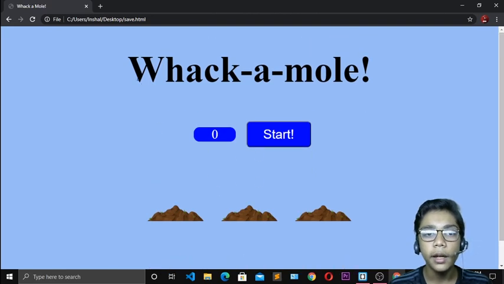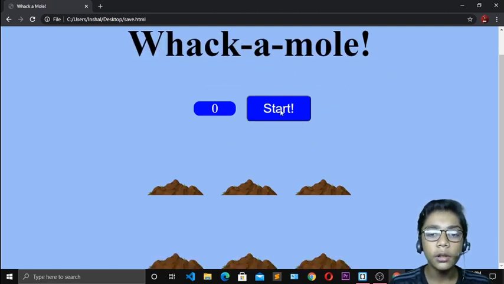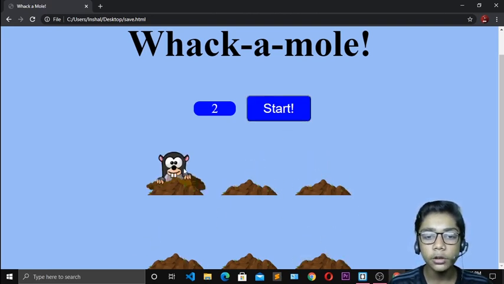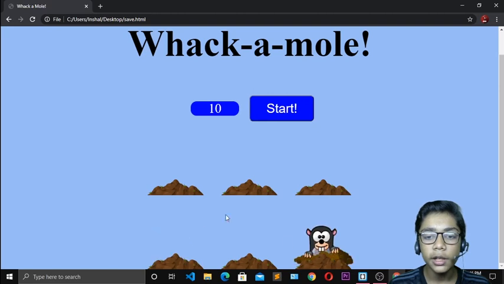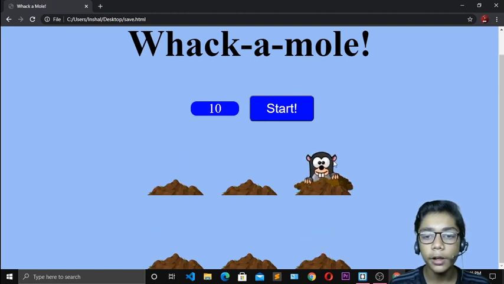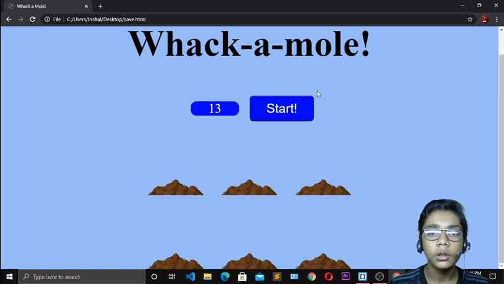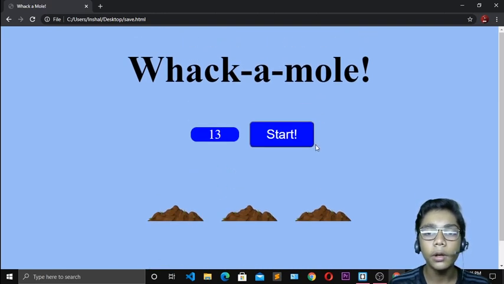Okay, so here you can see our Whack-a-Mole, which we are writing like a title, so it is just written over here. Okay, so if I press that, our game will start. So just press that over here. So over here you can see now our game has started. Now when I'm pressing, my scorecard is going forward when I press the moles, which are coming from our data. Okay, so here you can see how beautifully we have made one Whack-a-Mole game project in JavaScript. So I hope you understand how to build one Whack-a-Mole game project in JavaScript.